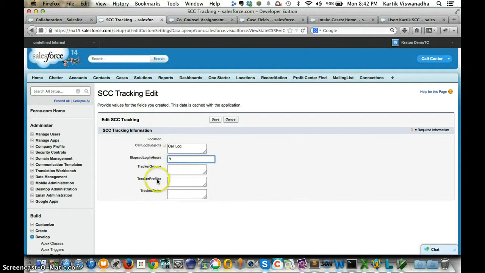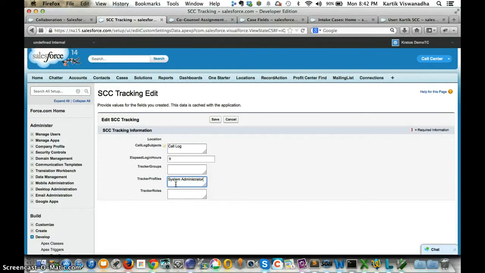Tracker groups, tracker profiles, and tracker roles: you do not want to track each and every user's action, so I'm giving this additional functionality where you can specify who you want to track based on a group, a profile or a role. If you want to track all the users in the system admin profile, make sure that you put that in.